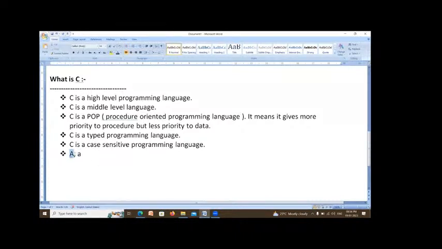If the computer considers capital A and small a as different, then it is called case sensitive. If the computer doesn't recognize them as different and feels both are the same, then it is case insensitive. So C is a case sensitive programming language.